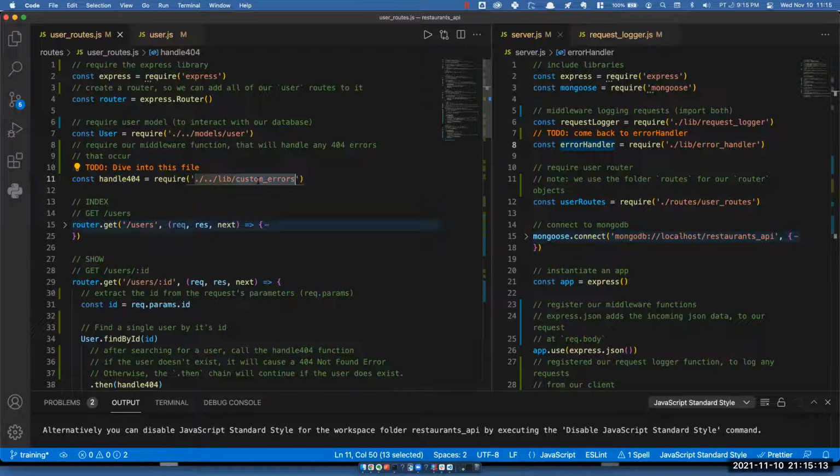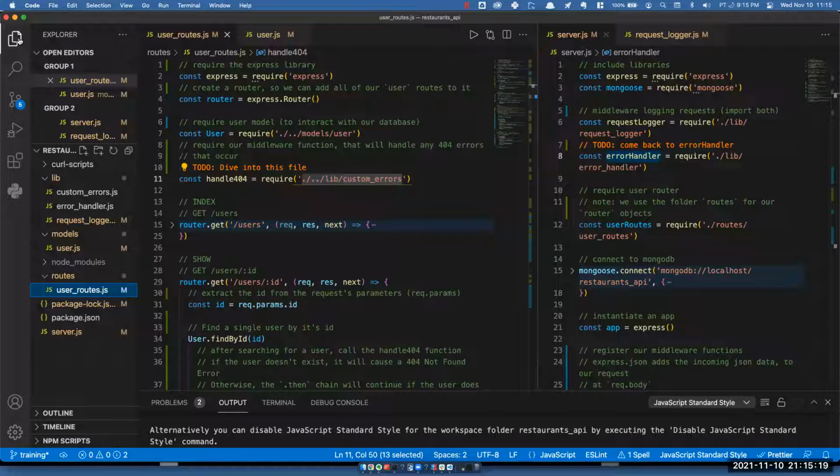But let's go ahead and dive into this custom errors file, look at this handle 404 function. Looks like we might have a question before I head off. Matthew. Yeah. What's going on with that file path where it's like // then //